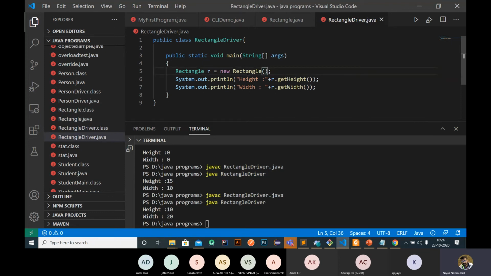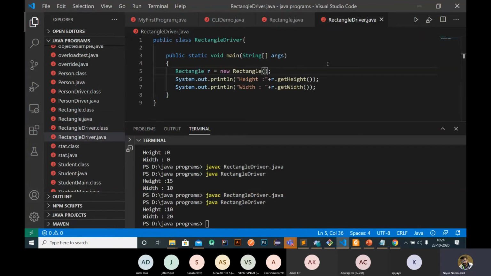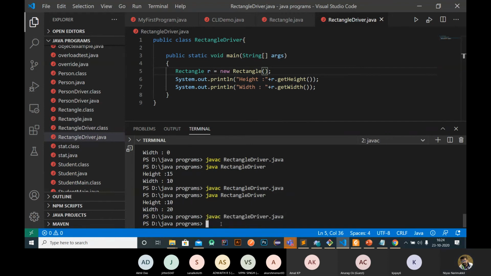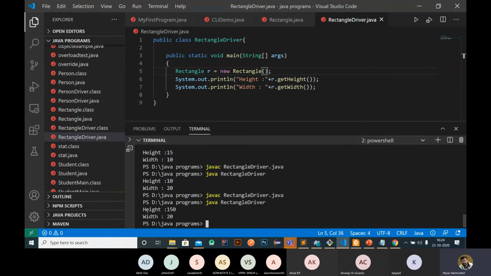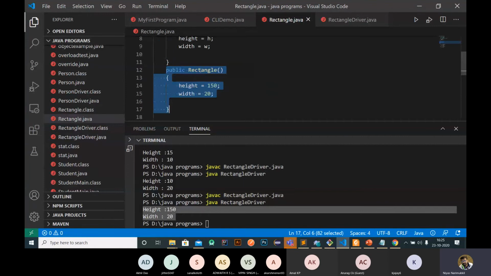If we are creating an object without passing any parameter, it will call the constructor of the same scenario, that is a constructor without any parameters, without any arguments. So it will call this constructor while initializing the object. So while running this program again, we will get output as height 150, width as 20, because it will execute this constructor method.